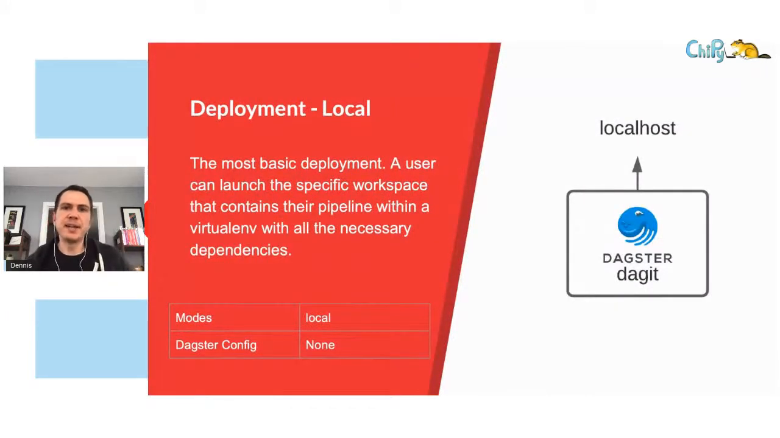So our local dev environment is just running the Dagster project locally, within our virtual environment, so we'll have all the Python dependencies it needs. And at this point, on localhost, we can go into Dagster and execute runs. So on the next slide,